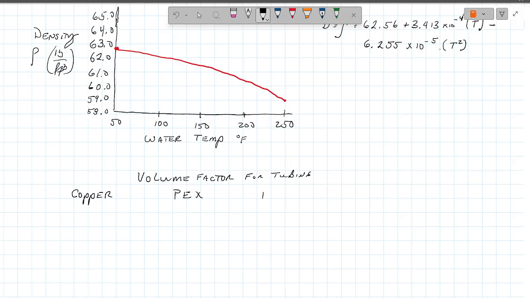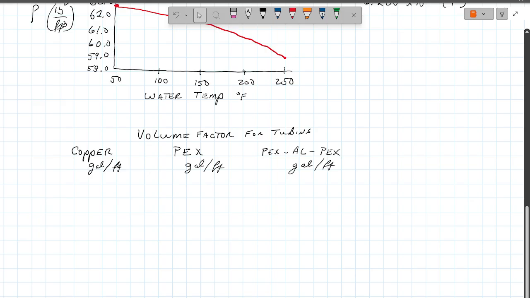And then, believe it or not, aluminum PEX is another type of PEX that we need to use for radiant floor systems. But you're going to get these in gallons per feet, and they're all gallons per feet. Okay, so I'm going to do half inch up to like inch and a half, but we're not going to do every number on the planet. So let's do